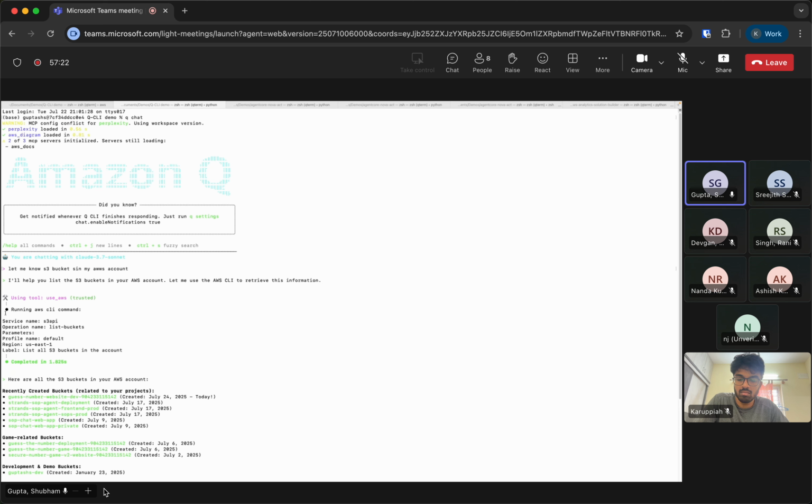It will showcase all the CLI commands that it wants to run. Since I've given it trusted, it will run it, but it will showcase that it wants to run this, and what it will do. If you are fine with it, go ahead and do that. Otherwise, just tell it no, so it will not do that action.